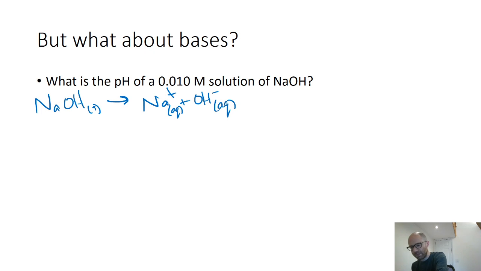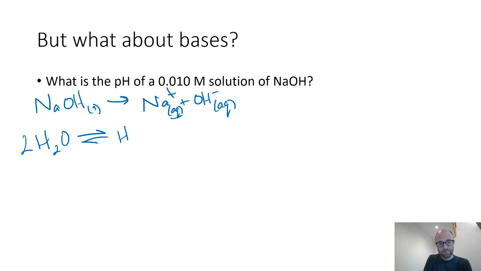Well, the easiest way to figure out pH, as long as you don't forget that this is aqueous, is that there is water present. And the presence of the hydroxide, just like we saw on the previous slide, impacts the hydronium, just like the presence of the hydronium affects the hydroxide. So we know that in a